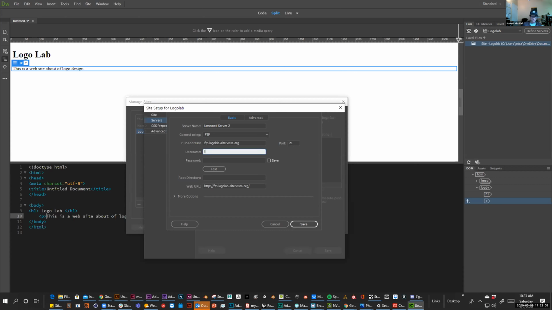Username is the username that I created when I created the URL name. So it's Logo Lab. Password is the password that AltaVista gave me. So I'm just going to cut and paste that password. And then the website URL, you'll have to fix this. It's not http://ftp.logolab. You have to get rid of the FTP here. It's actually,